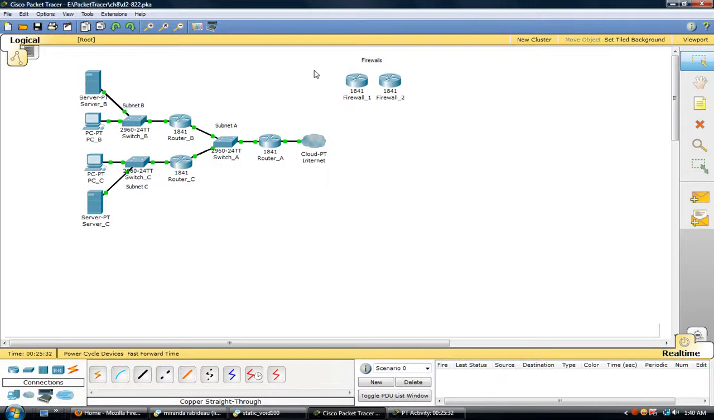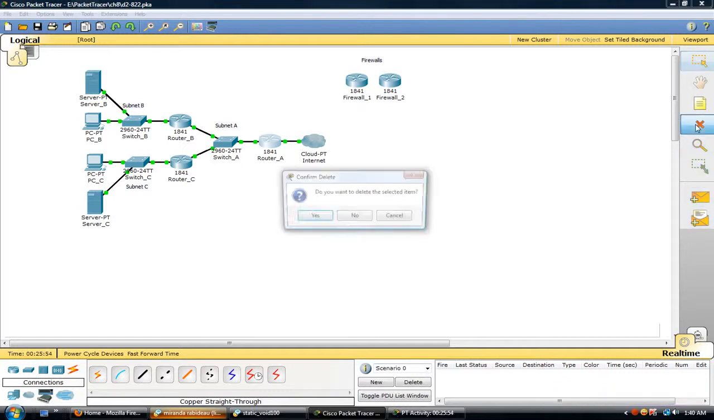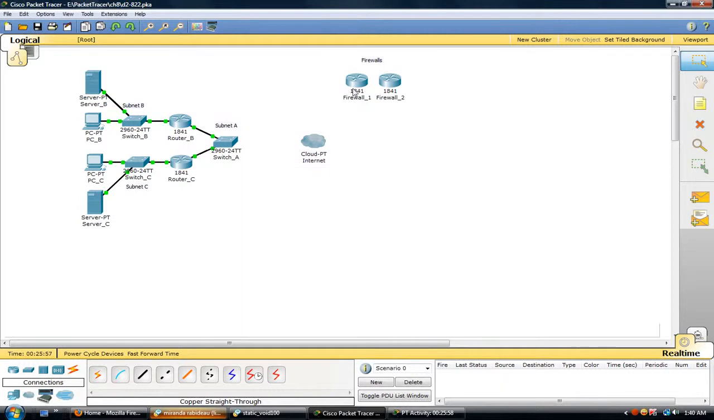We have two firewalls here, Firewall 1 and Firewall 2. They're both pre-configured in this particular activity. So what we want to do is, first off, we want to replace router A with Firewall 1. And to do that, in the Packet Tracer activity, we just select router 1 and then hit the big X here, and then we'll delete that selected item. We'll replace that with the Firewall 1,